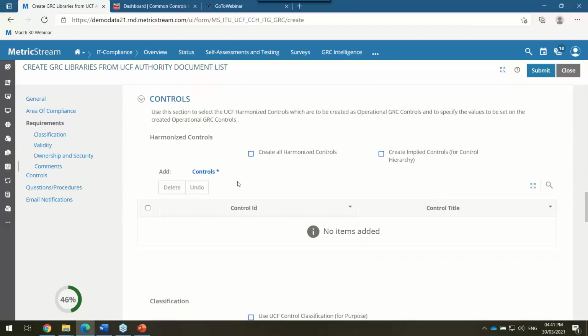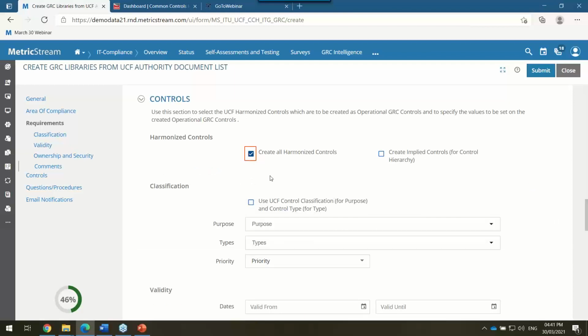And then the controls, right? So this is an interesting piece. If you look at this, we also do have options to just create your harmonized controls, right? Where it says just the deduplicated controls that the organizations care about, or you also want to copy the whole list of controls for the given authority document list without harmonizing such content, right? We've also seen cases where customers would just want to bring in the content as is from UCF and then would want to slice and dice and take further actions, right?